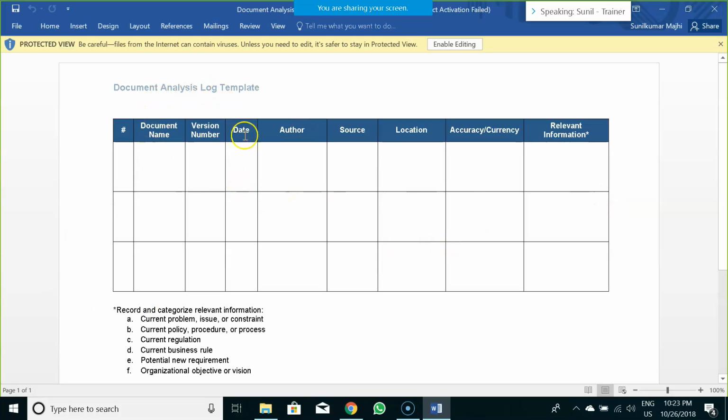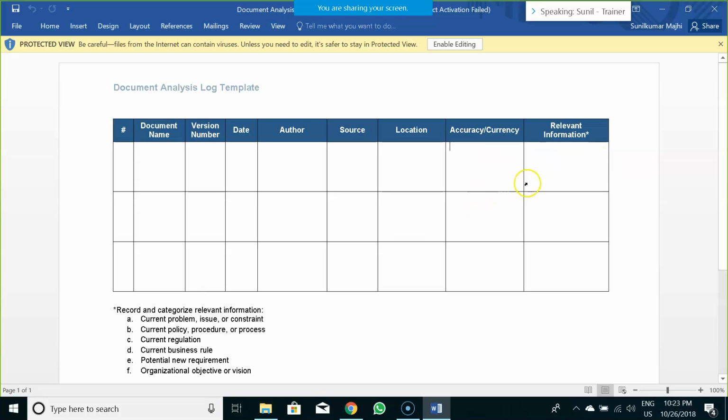Now, when it comes to the document analysis log template, like I said, when we do a document analysis, we go through various documentation. So you have to identify what all documents you have gone through, that document repository, what version number, what is the date the document was created, who was the author of the document, where you found that document, where it is located, and what you feel about the accuracy of the document, whether it's updated, outdated, or of no use.